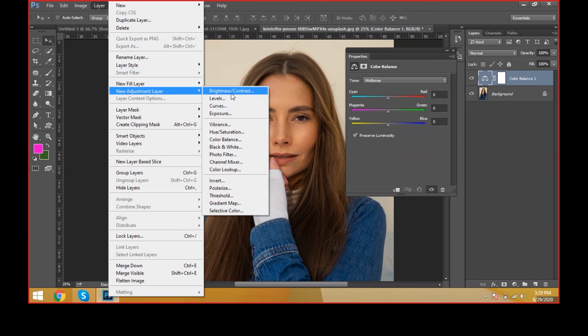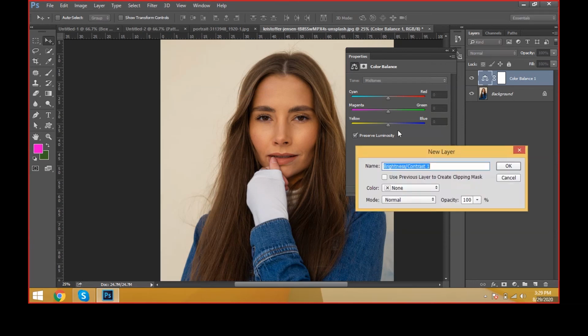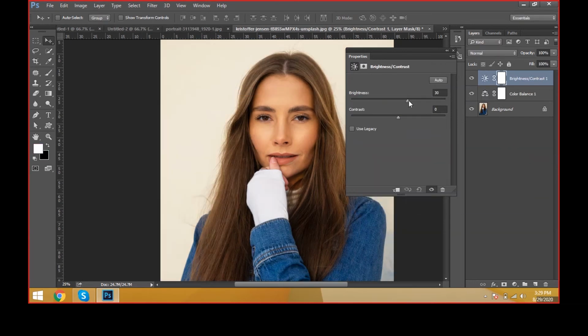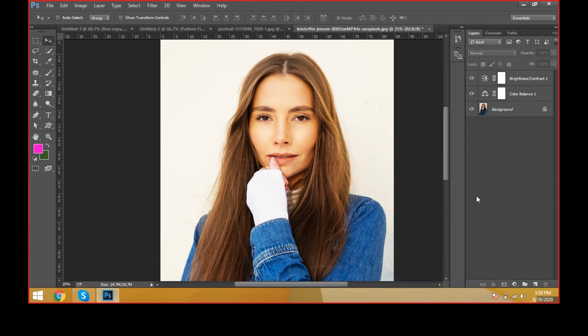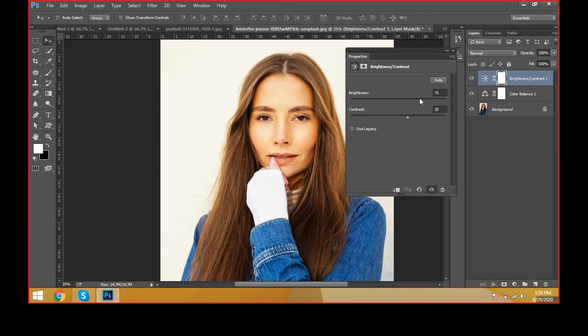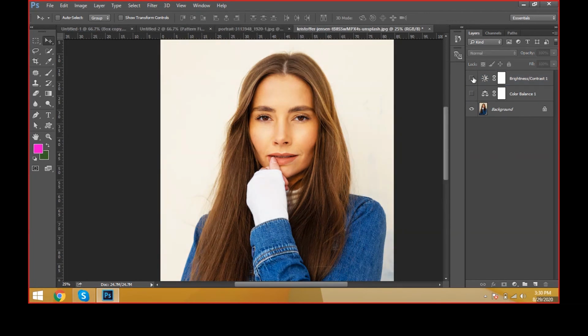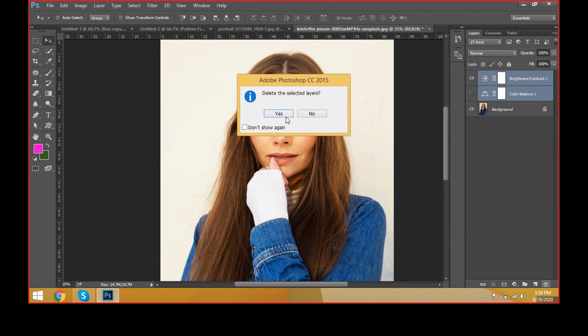You can use all the things like brightness and contrast. You can take it, click OK, and you can increase the brightness, and you can go for the contrast. Okay, just close it. Again, if you want to see the effect, just double click and you can see the effects. You can adjust the properties and see. We have this flexibility in Photoshop to edit the images very perfectly using color corrections.